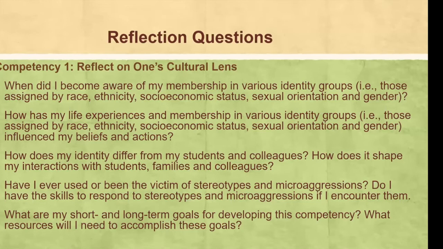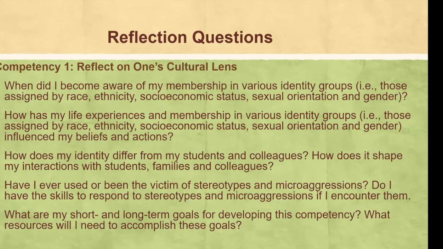These questions are to reflect on you as an individual because you take who you are into your classroom. None of us walk in the door and check our baggage or our identity or our cultural heritage. It's part of who we are. So it goes into that classroom with us.